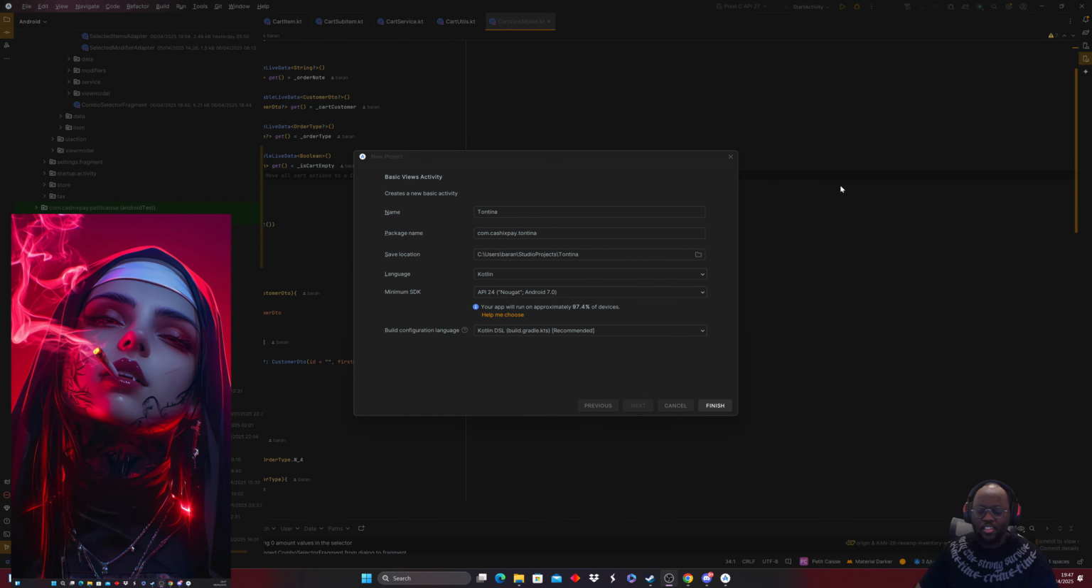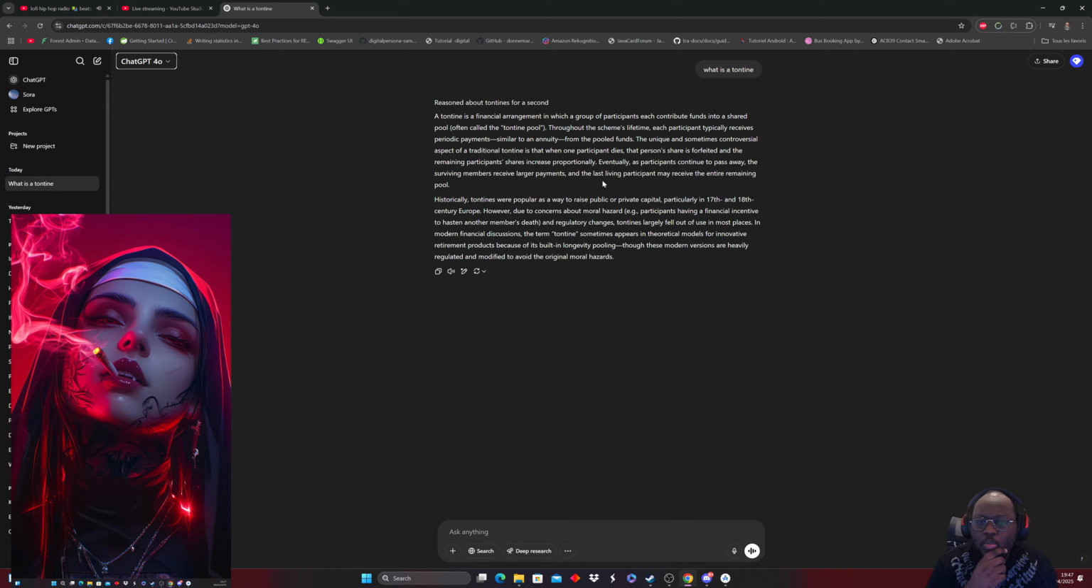In which a group of participants each contribute for the tuition pool, often called the tontine pool. Throughout the scheme's lifetime, each participant typically receives periodic payments similar to annuity from the pool funds. The unique and sometimes contrast feature is that when one of the percent share is forfeited and the remaining percent share increase proportionally, eventually will continue to pass away. The surviving members, larger than the last doing trainer receive periodic payments. It's great as new parts